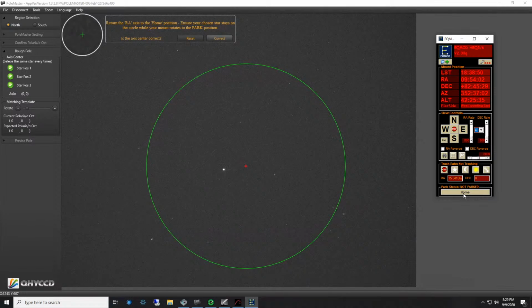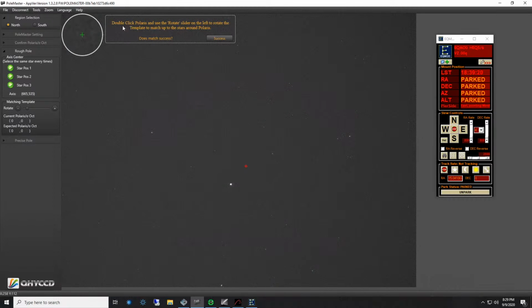So I'm going to hit the home button here. That sends the mount back to the park position. And I don't know if you can see it on the screen there, but here's the star right here, and it's tracking right along that green line, just like it's supposed to. Okay, and it stopped, and there, the mount is parked again. Okay, and that's correct. So now we double-click the Polaris,